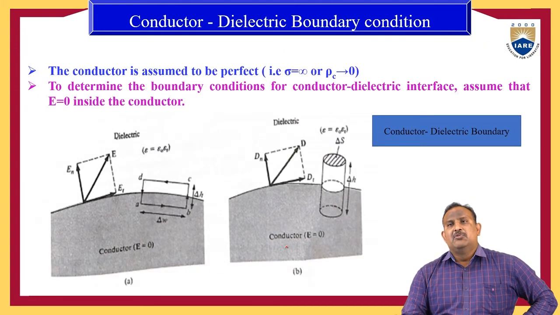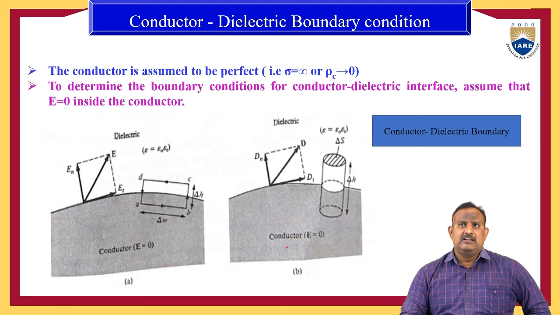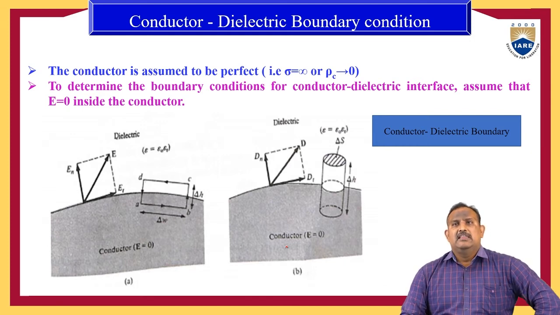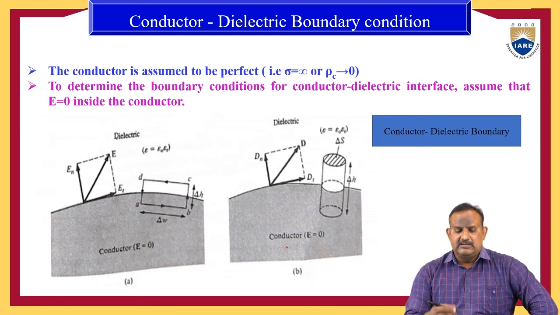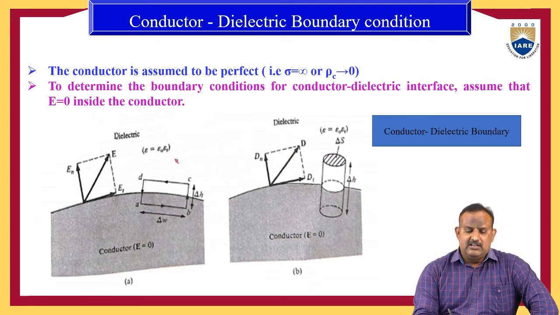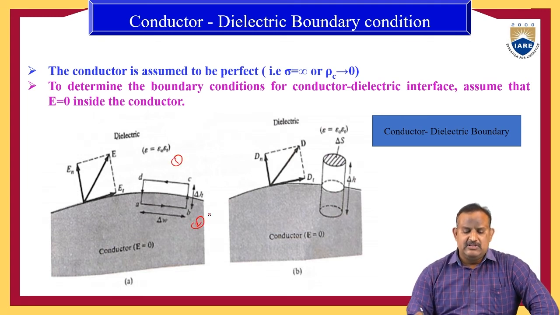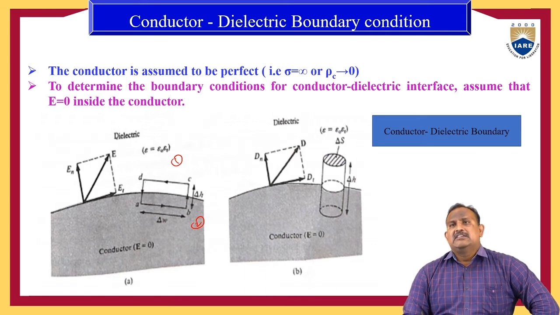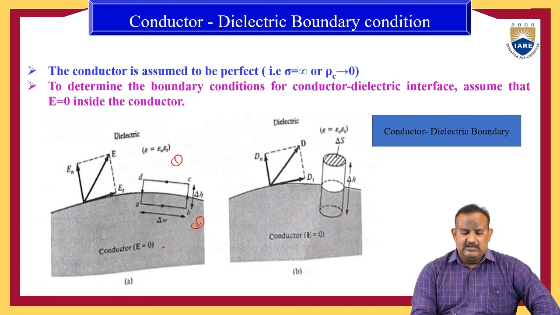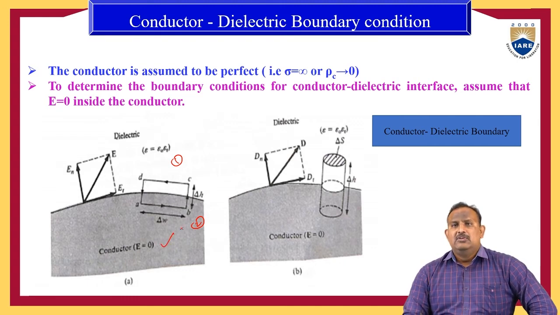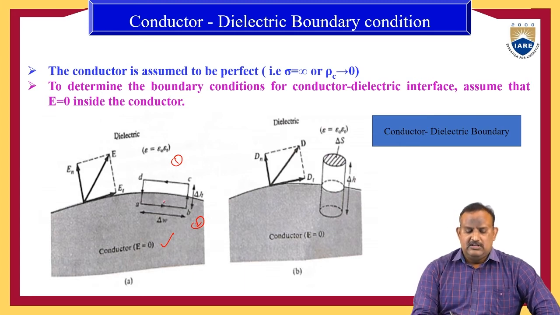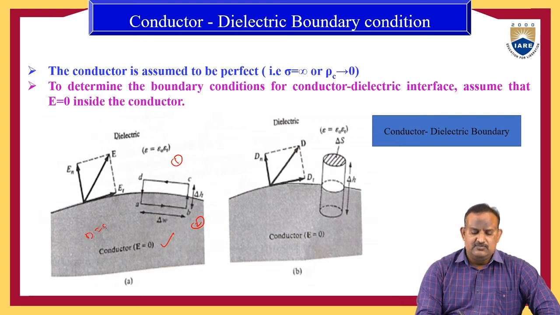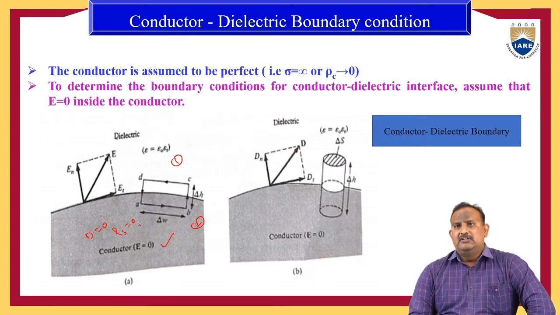Next, we'll see the second boundary condition. The second boundary condition is the conductor-dielectric boundary condition. Here, let us assume the first media is a dielectric and the second media is a conductor. The conductor is assumed to be a perfect conductor. When the conductor is perfect, then within the conductor the electric field intensity E is equal to 0. When E is equal to 0, then the electric flux density D is also 0, and the charge density rho s equal to 0. Then we need to find the boundary condition only for the dielectric media.